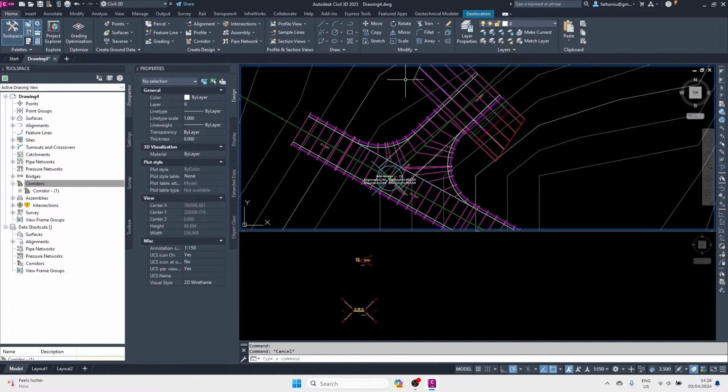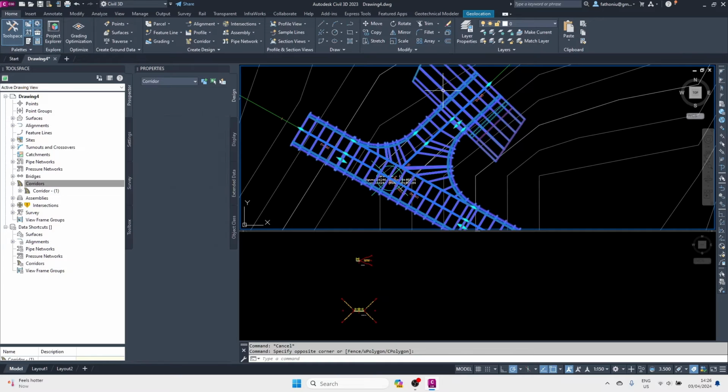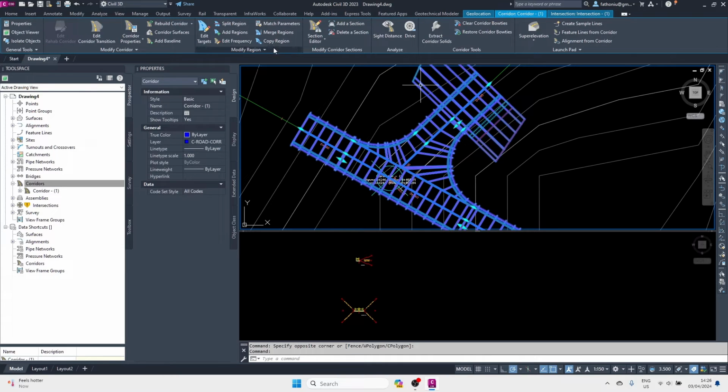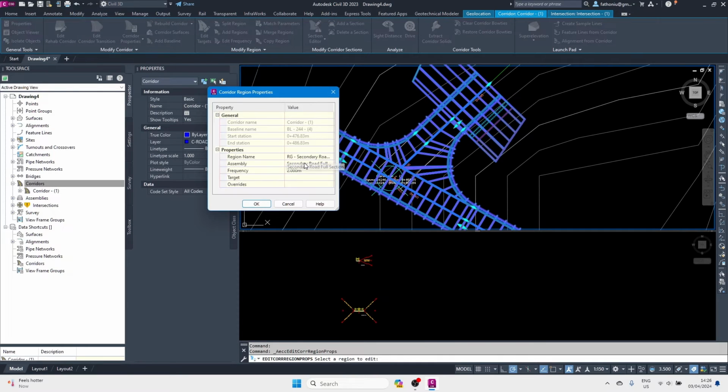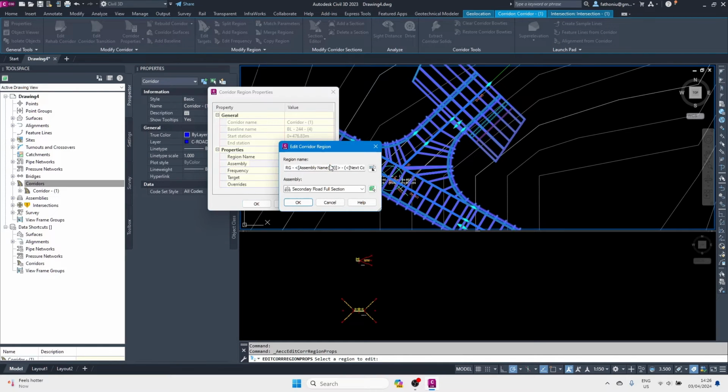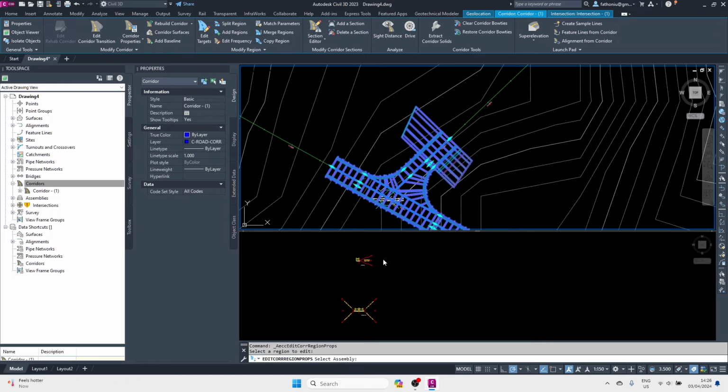And then we select this one. Then we can contextual. Then go to the region properties. Let me see what is this one. Second root full section. Let me use this one. Select. Then select this one.